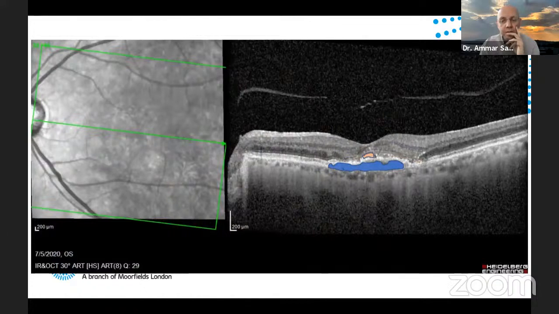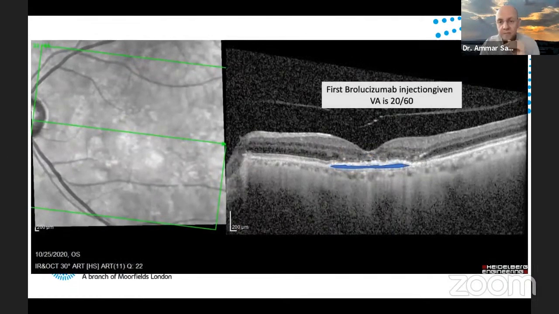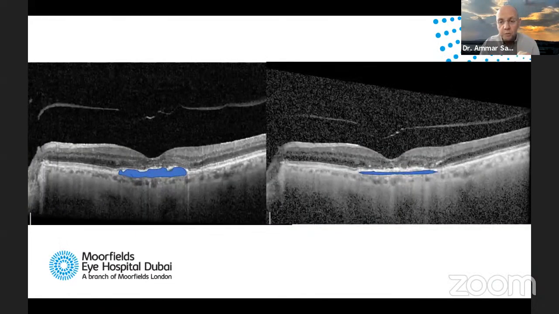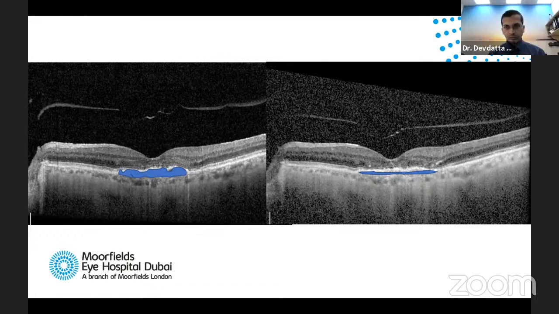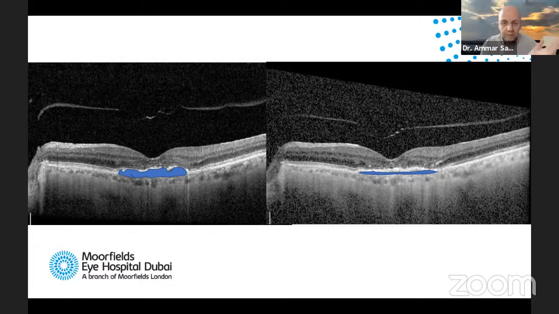I noted initially a very robust resolution of the subretinal fluid, but then with the second injection, for the first time ever, I see that the injection had also resulted in a significant resolution, or flattening, of the RPE. This is before on your left and after on your right, and I really feel this is a big thing for me, and I've been noticing this a lot more. I wanted to present this case to show you that brolucizumab is effective not only on the subretinal fluid but also on sub-RPE fluid.